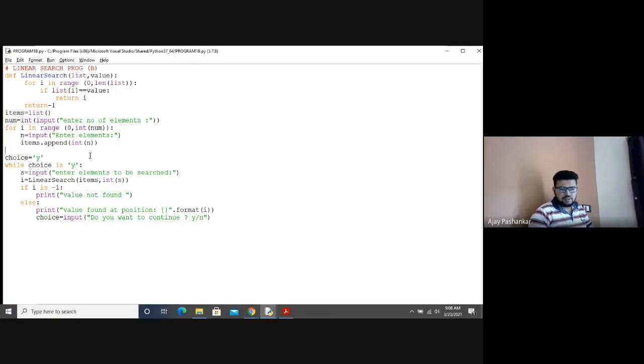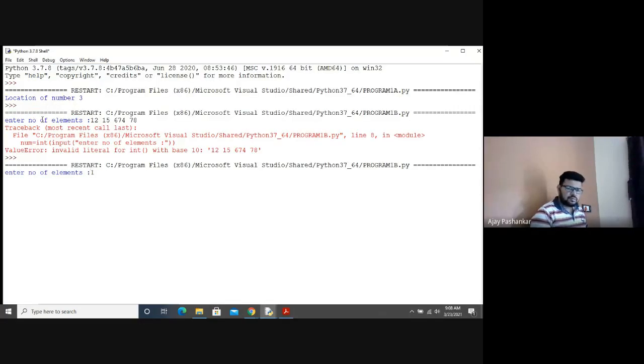Just make sure that your indentation is proper while running this. 12 elements I'm just inserting.